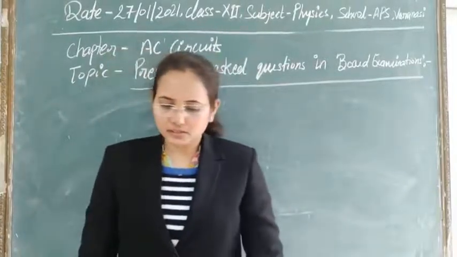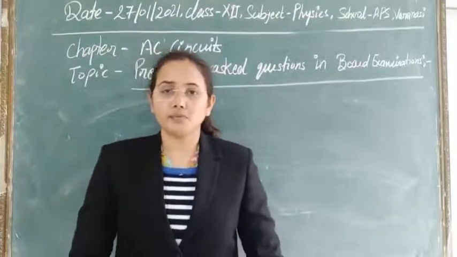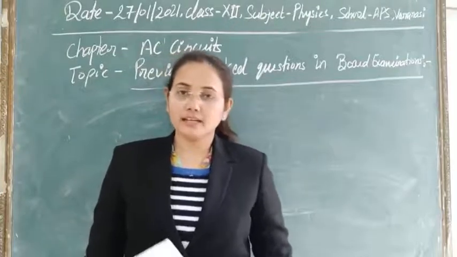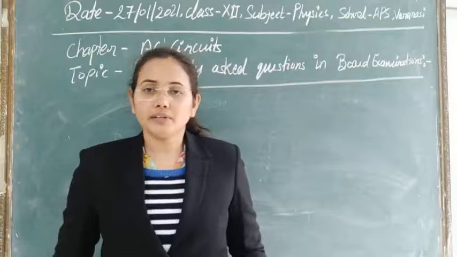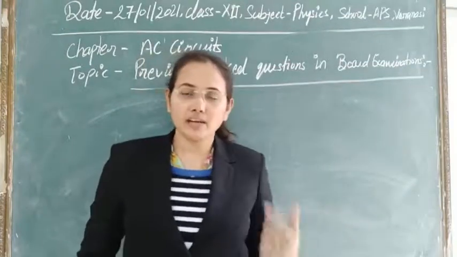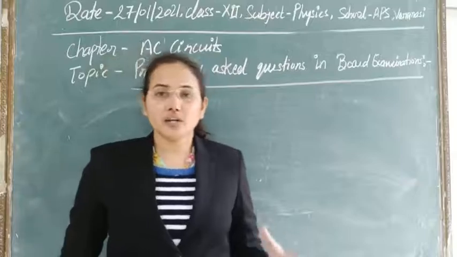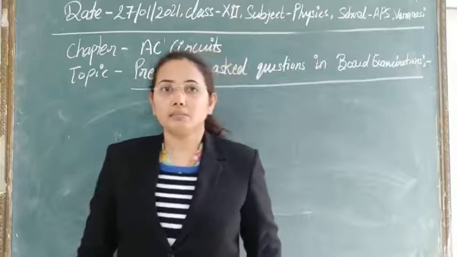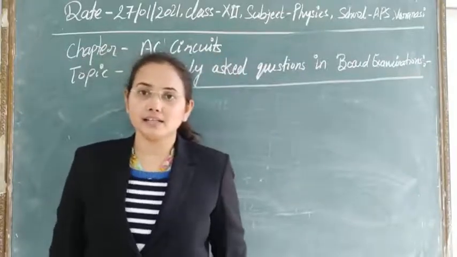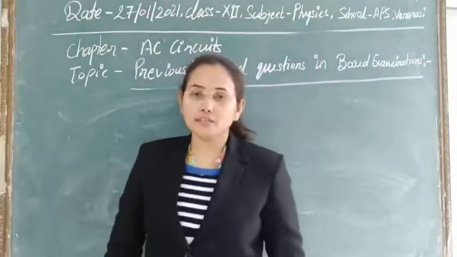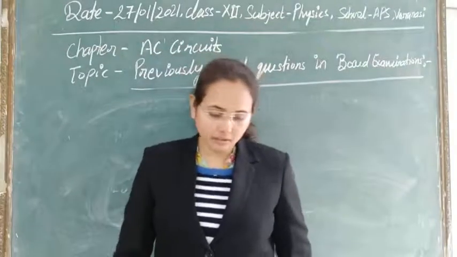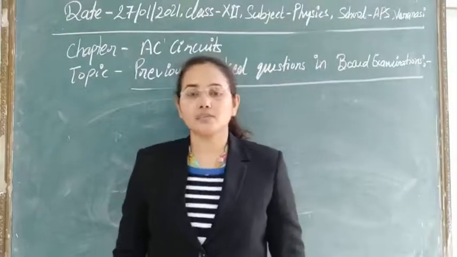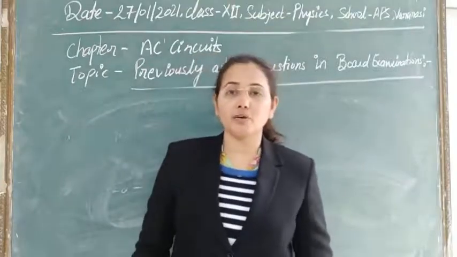The next question is from the 2017 paper. In the question, with the circuit we discussed before, we have different types of components that we join with the battery, like an inductor, a capacitor, a resistor, or a combination of them. The important factor here is the LCR circuit. In an LCR circuit, what will be the phase difference between current and voltage, what will be the impedance of the circuit, and what is the reactance of the circuit? Those are the important factors, along with quality factor and power factor.